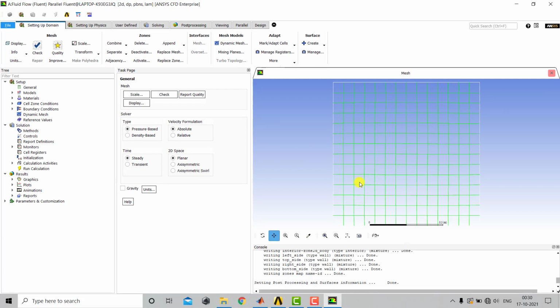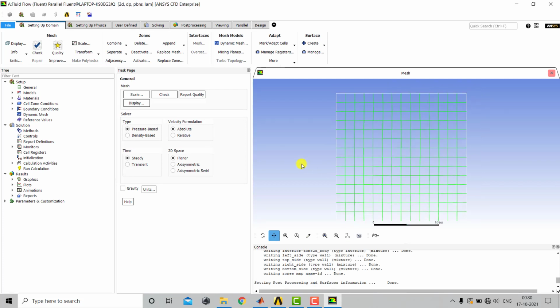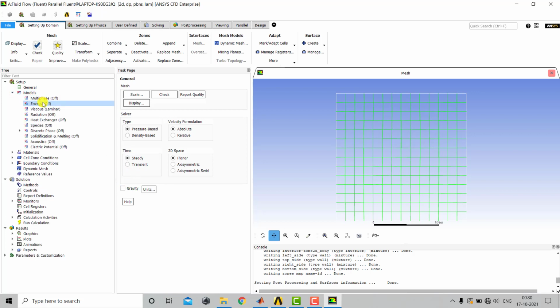So here you can see the Fluent window for the same problem, and from here we can set up our problem. So here we want to solve it as a steady state conduction, and we don't want to include the gravity because here our domain is solid domain. Now from the models we'll select here energy because we want to solve the energy equation inside our domain. So double click on the energy, check here and click on OK.